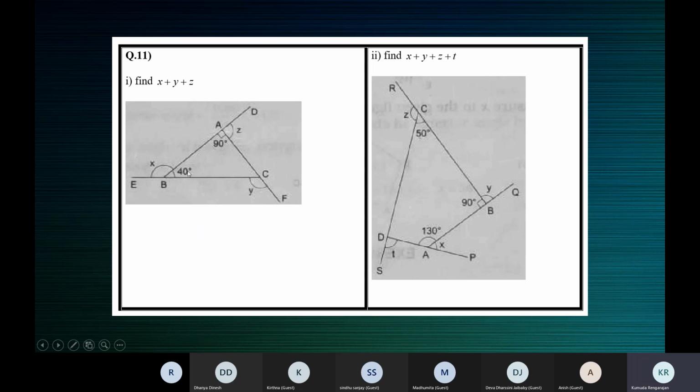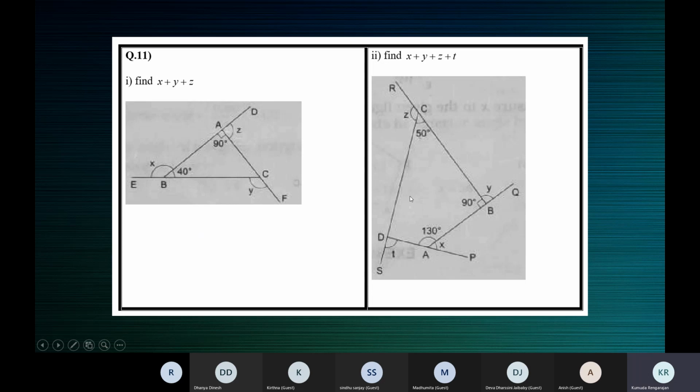They've given you some angles here. This is 40 degrees. This is 90. If 90 degrees and 40 degrees were not given, and these angles were marked x, y, and z, then there's nothing to work out. You can just write x plus y plus z is equal to 360 degrees. But here some measures are given. So it is safer to find x plus y plus z than just writing 360. Even if you work, you're going to get the same answer.